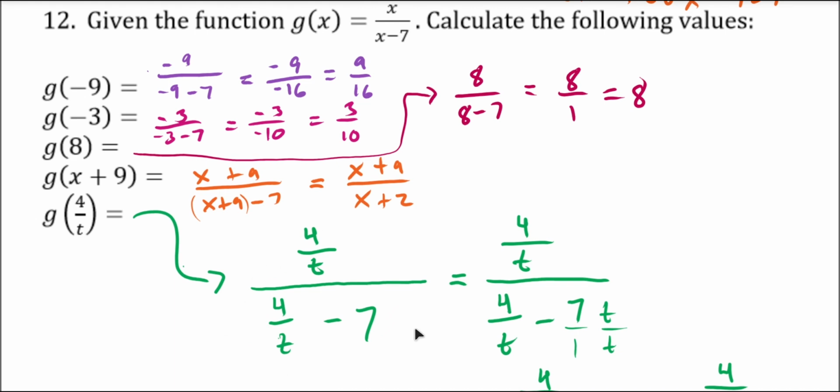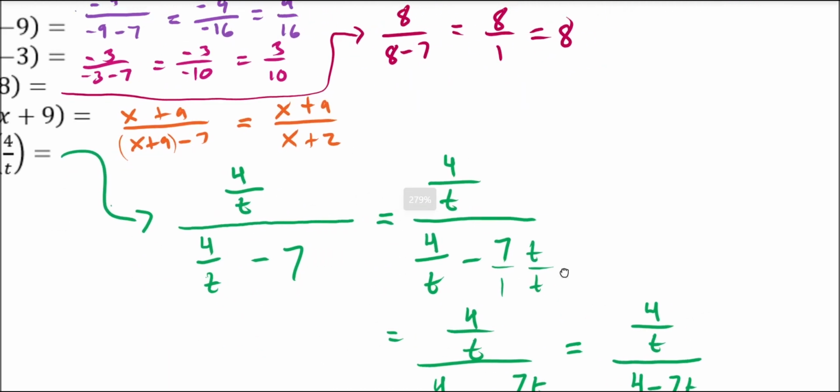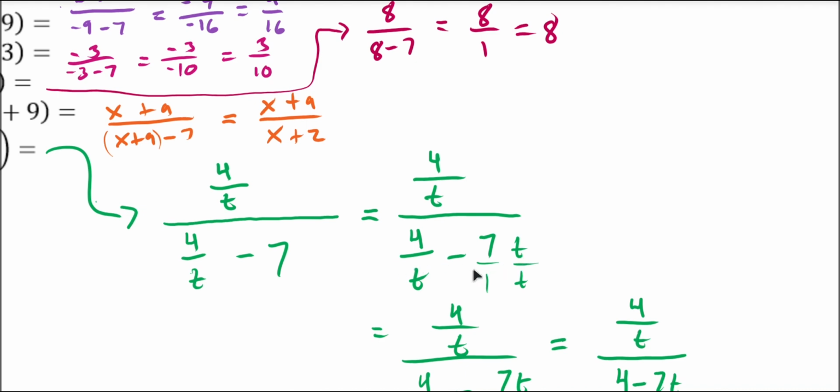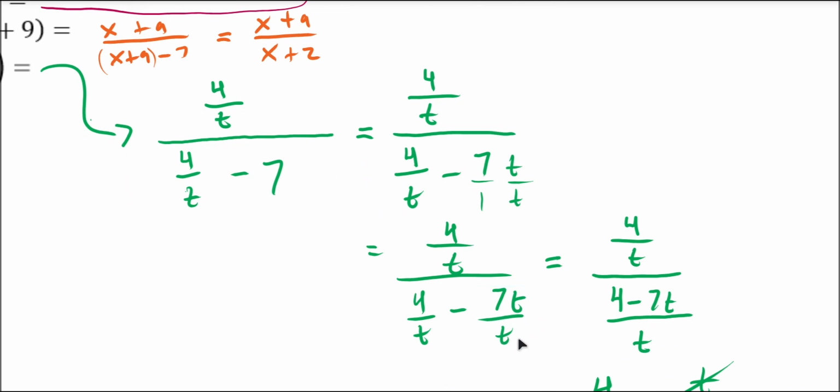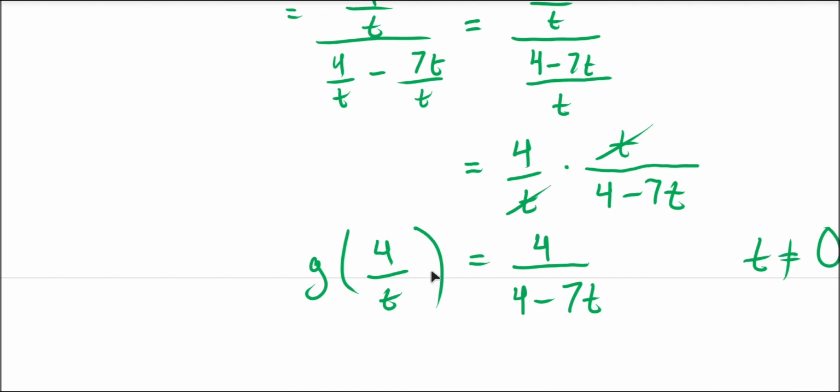We could probably make this a little bit simpler, though, if we followed some fraction rules, right? I can combine the two things in the denominator by getting them to have like bases. T over t will turn this 7 into 7t over t. Then I can subtract the numerators and evaluate this compound fraction, a fraction divided by a fraction, by flipping the denominator and multiplying. This seems to cancel the t's, and we wind up with